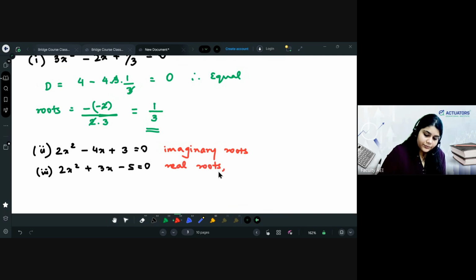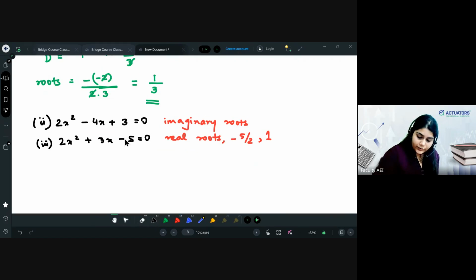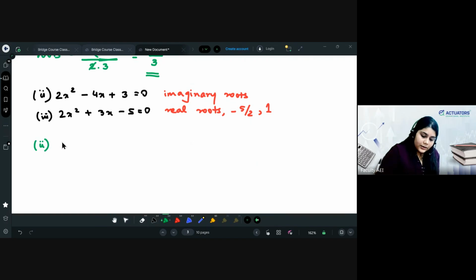क्या होगा रियल रूट्स का वैल्यू? ओके, क्विकली सॉल्व करते हैं। इसका डिस्क्रिमिनेंट बी स्क्वायर माइनस 4 into a into c, 16 minus 24 minus 8,